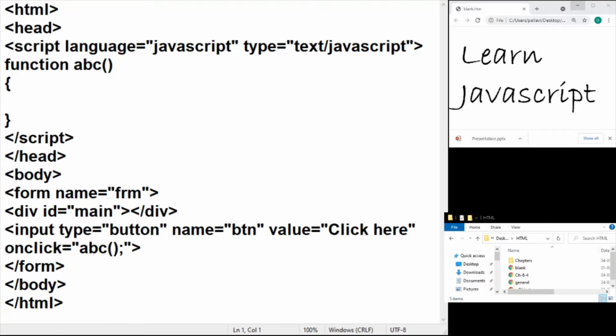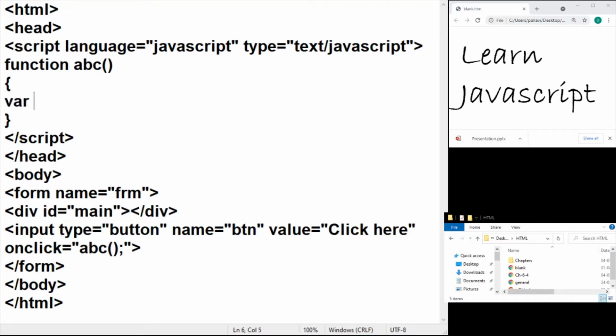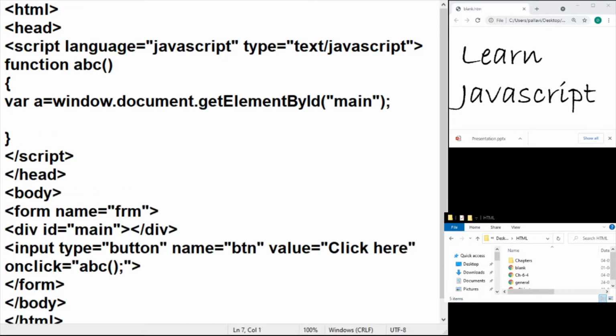I'm going to use the same structure that I have been using for the last 3 videos to create dynamic controls. So I have this div tag. I have given it the ID main in which I'm going to create the drop-down control. So first thing, we're going to create a link to that div, right? So the same hierarchy. Okay, so the div tag programmatically is now identified as A, and in this A we are going to append